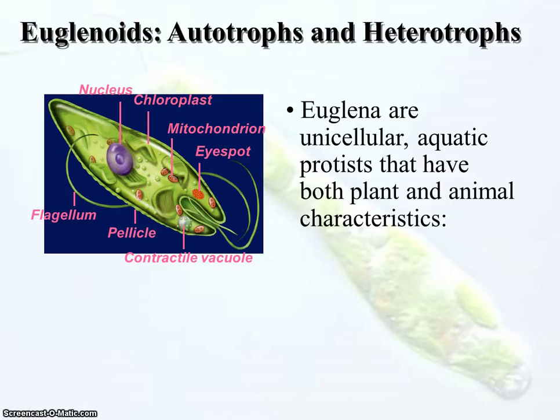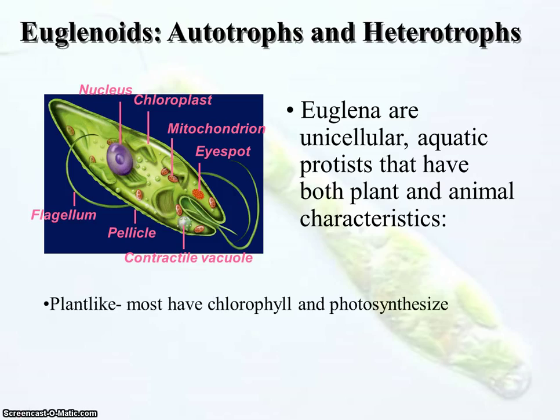You have euglenoids, which can be autotrophs or heterotrophs. Your euglenoids are going to be unicellular. They're going to be green in coloring. When you look at them under a microscope, they do contain chloroplasts with green chlorophyll. They have both plant and animal characteristics, though. Their plant-like characteristics would be the chloroplast and the chlorophyll it contains,